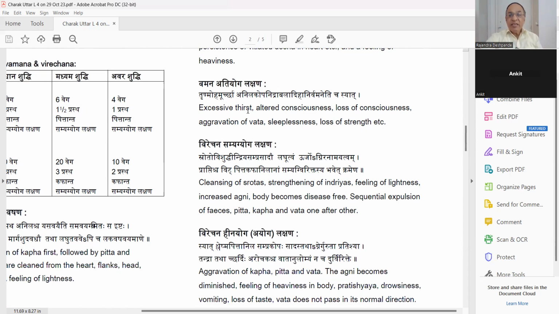I will read it. Excessive thirst because of the dehydration. Then altered consciousness. Patient becomes drowsy. Doctor, I'm feeling bad. Black in front of the eyes. Very, very weak. This is called excessive Vamana. Loss of consciousness. You may have to admit the patient in the ICU. Remember, maybe intravenous saline, Ringer lactate, you will have to give. Be careful. Be careful. Ati Yoga is not good for the doctor.